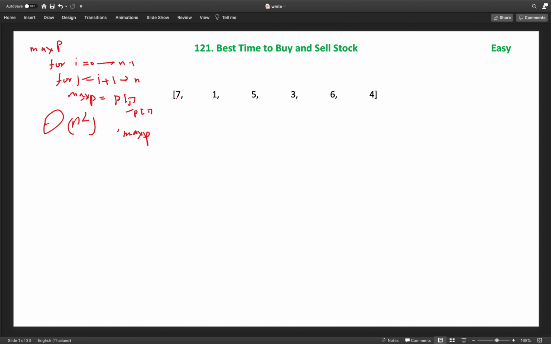If you see, we need a maximum after the minimum. So if we draw a graph, let's say 7 will be here, then 1 will be here, 5 somewhere here, 3 somewhere here, 6 somewhere here, and the 4 will be here. I drew all these points just randomly: 7, 1, 5, 3, 6 and 4.